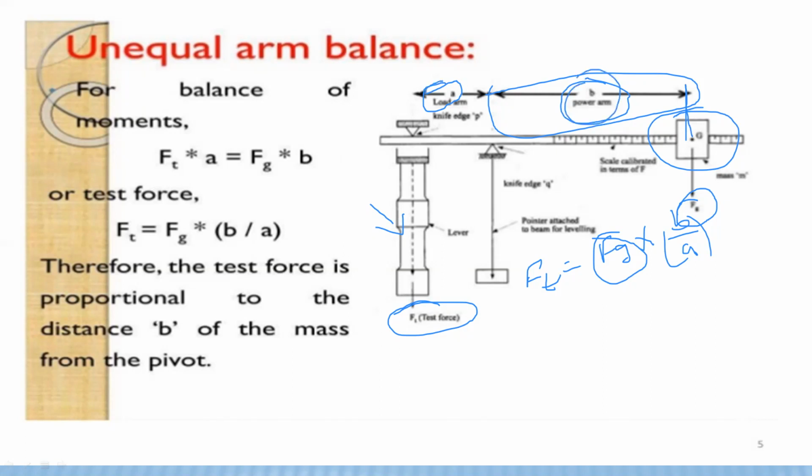The pointer is connected through a pinion, so if the pinion is moving whenever we apply the pull forces on the object, the pointer also moves. How much force we are applying on that object is calculated through this calibrated scale. So that is the overall working of the pendulum scale.